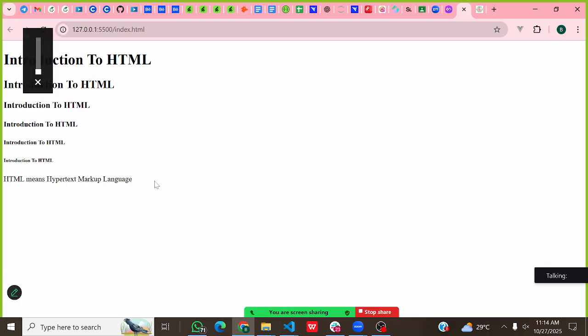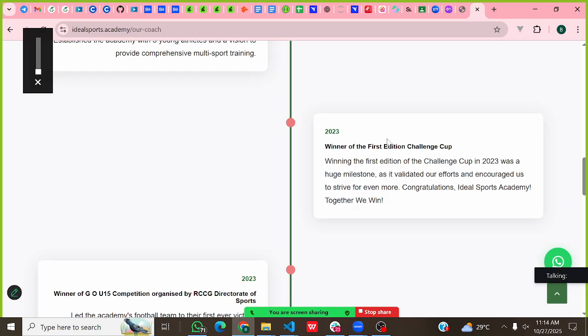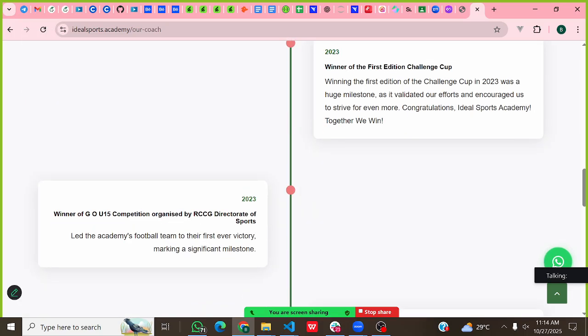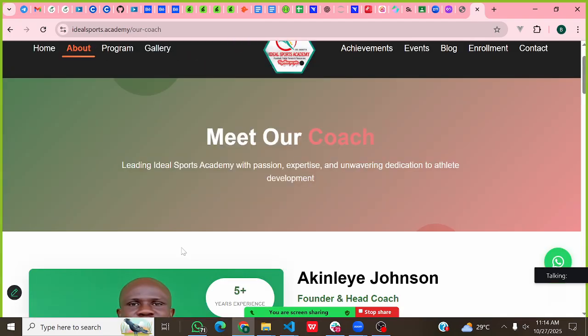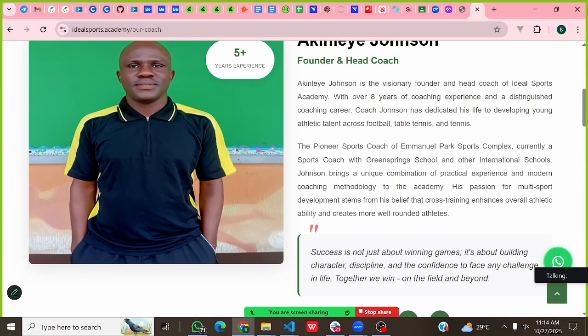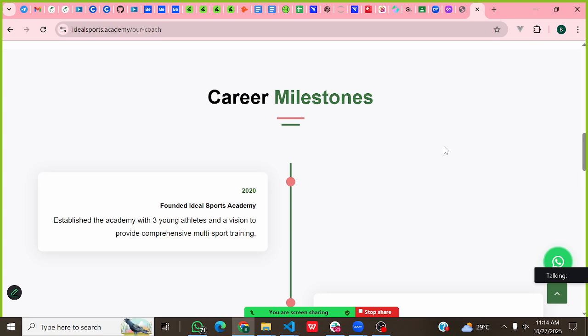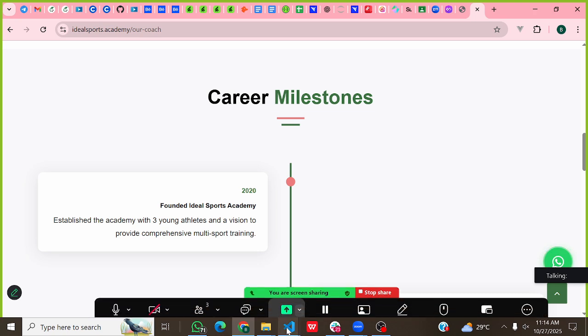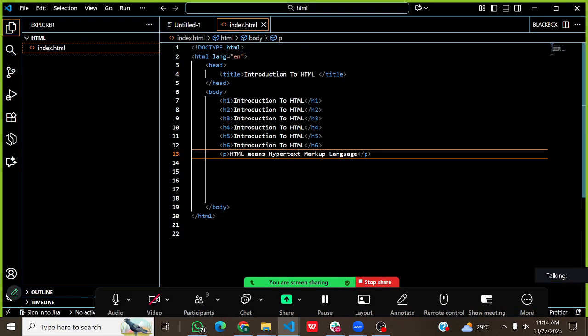That's for content. If you want to write content, just write it like this. This paragraph here. These are paragraphs, and so on like that. The next one we have is